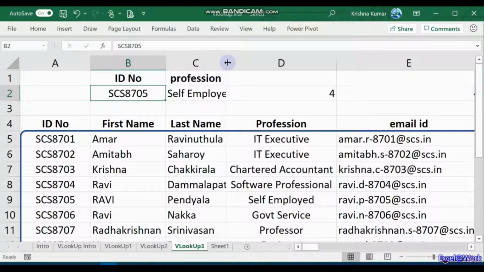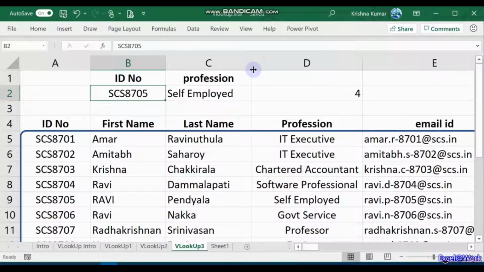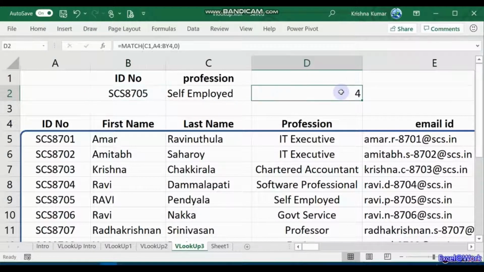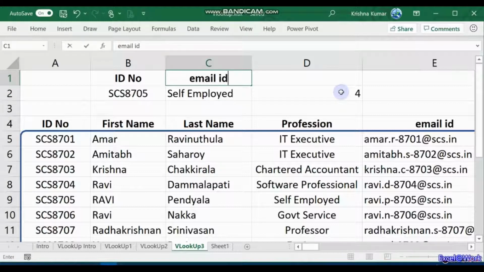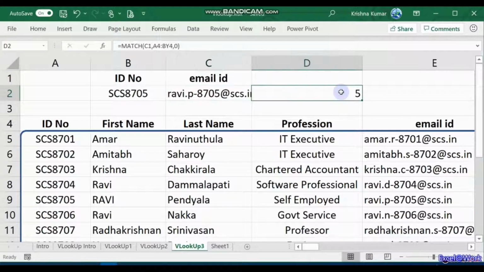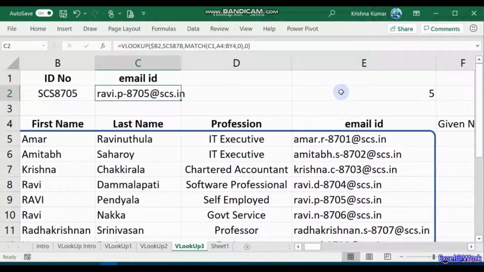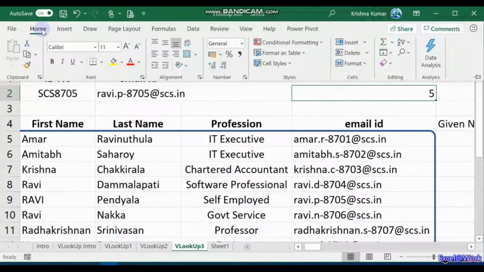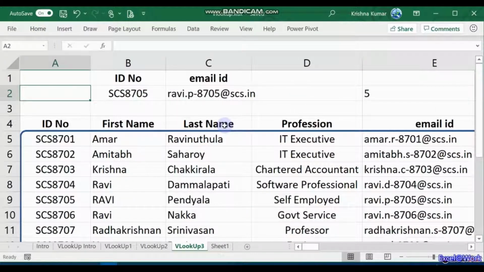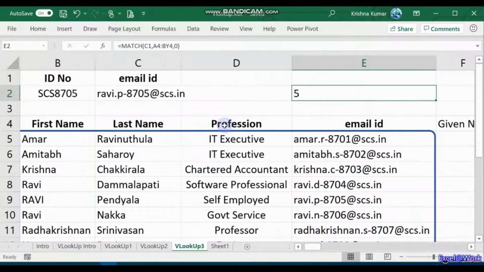If you want, you can enhance the column width. So here you change to email ID, for Ravi the column number is 5. I'll put it here so it can be more clear. So this is the column number just for reference.